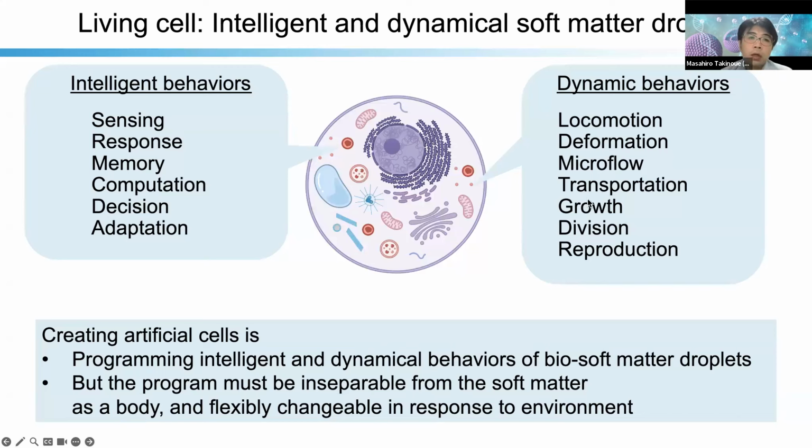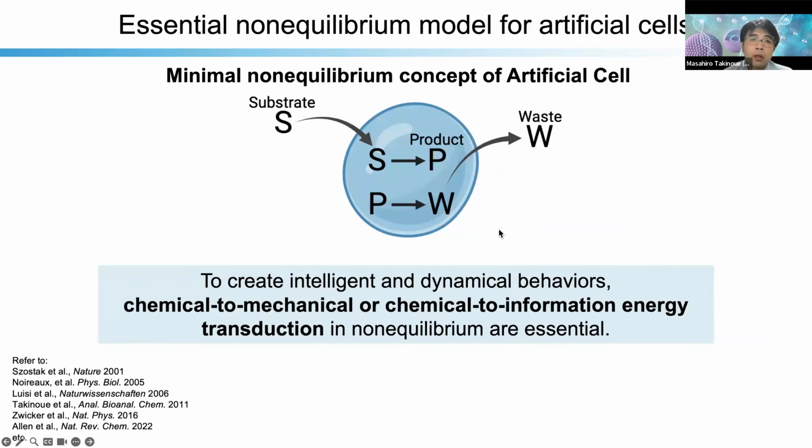The program must not be rigid, because of the flexibility of living systems, but must be inseparable from the soft matter as a body and flexibly changeable in response to the environment. So to create the intelligent and dynamical behaviors,